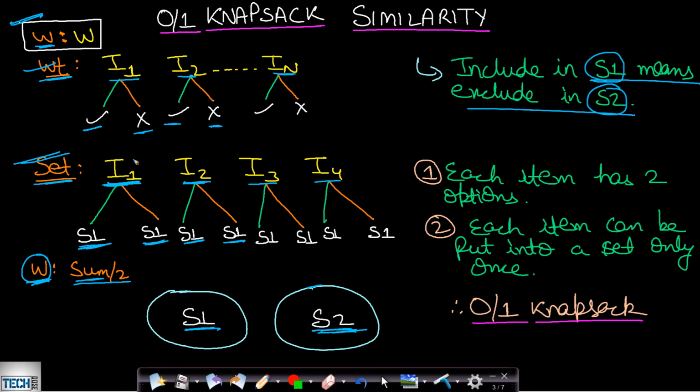Each element in the items array has two choices, which is very similar to what we have seen for the items array in knapsack. Now this w and the w in the knapsack problem are the same. So each item has two options and each item can be put into a set only once. Therefore this is a property of a 0-1 knapsack, and therefore this problem belongs to the 0-1 knapsack family.